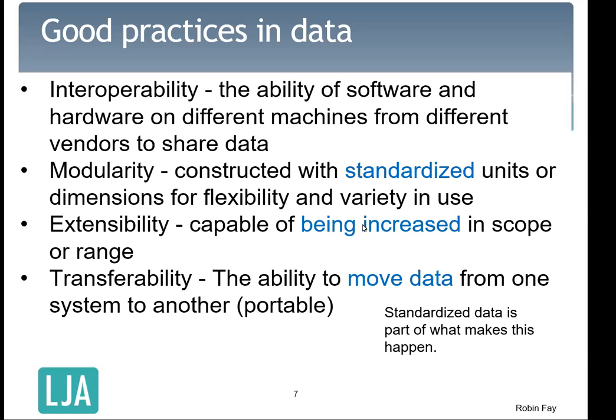Extensibility, being able to increase the scope or range. Certainly if we are using linked data, if instead of typing in a person's name, we're linking to a data source for that person's identity, then if we ever get to the point where there's a tipping point and most of us are linking to a data source, then in theory, those who are maintaining that data source, and hopefully it would be a group of people, and we're all contributing like we do with the name authority file, then